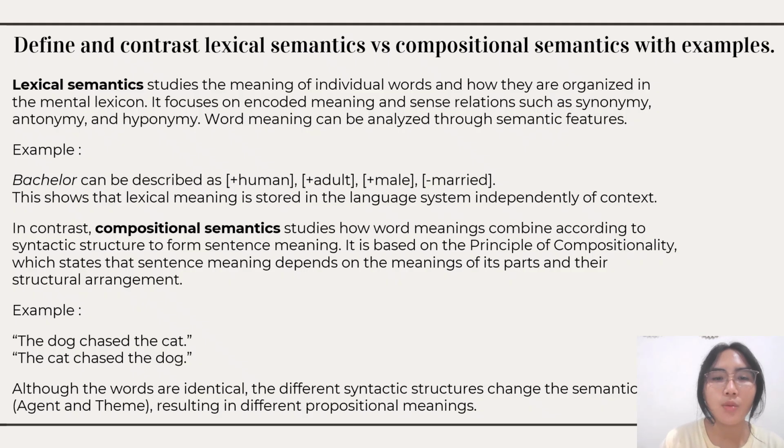In contrast, compositional semantics studies how word meanings combine according to syntactic structure to form sentence meaning. It is based on the principle of compositionality, which states that sentence meaning depends on the meanings of its parts and their structural arrangement. An example is: the dog catches the cat, and the cat catches the dog. Although the words are identical, the different syntactic structure changes the semantic roles of agent and theme, resulting in different propositional